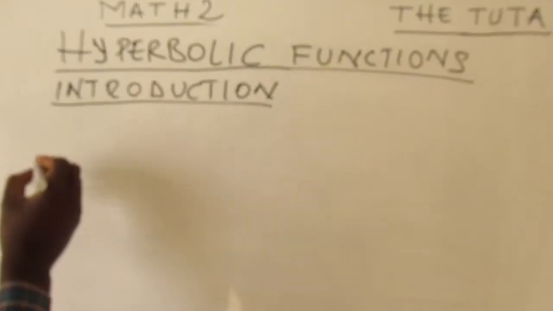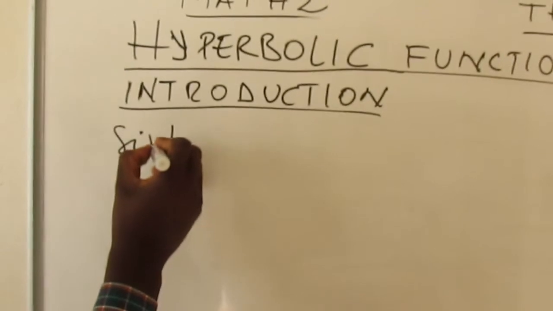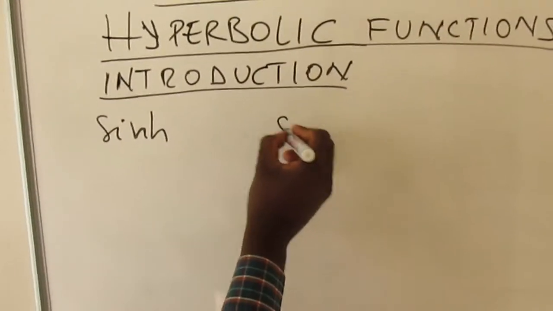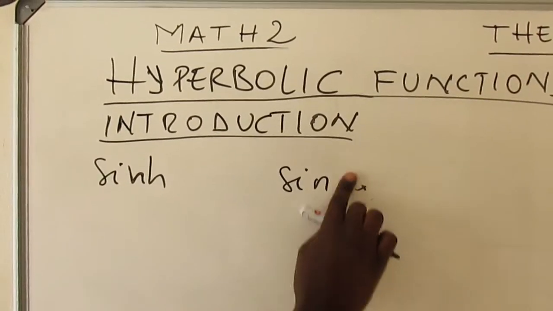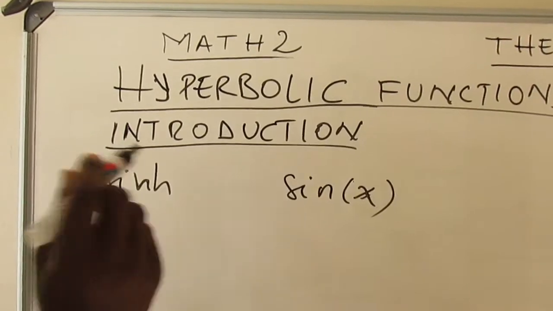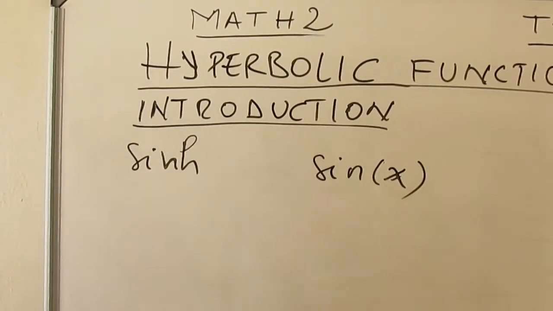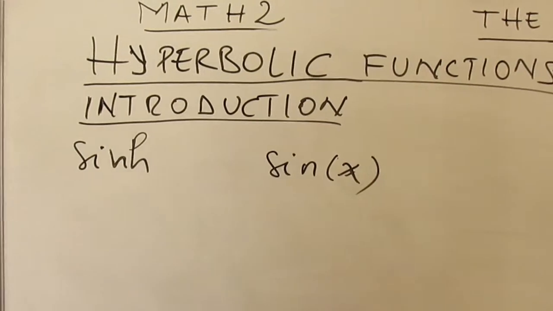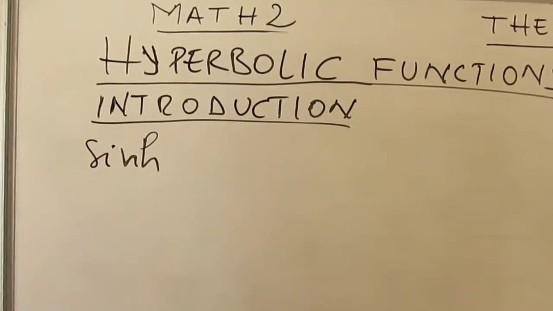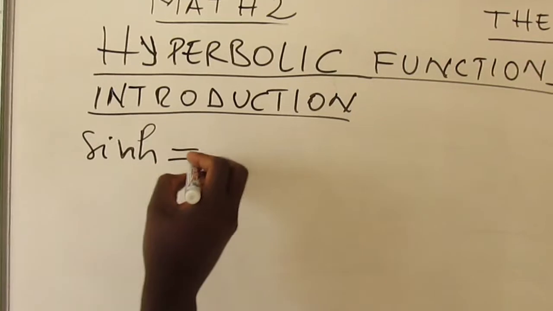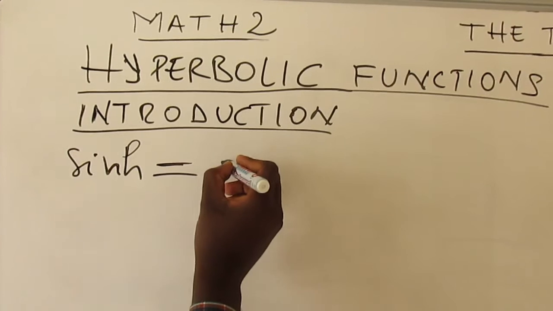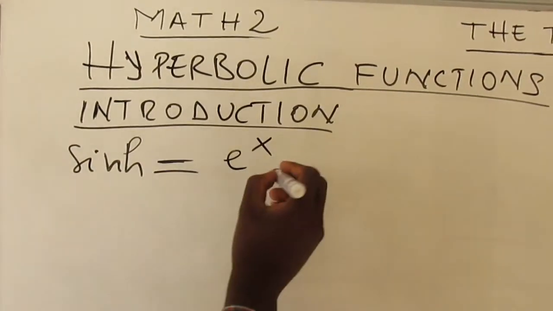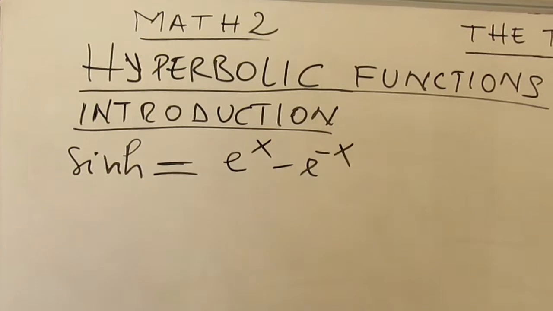So if you have sinh, this is how we write hyperbolic. Remember in trigo, we write sine of f of x or sine of x. This is trigo. But in hyperbolic, we add this h and we read it as sinh. I told you that this is going to help you with integration as well. You need to know them. So this is going to be e to the power x minus e to the power minus x over